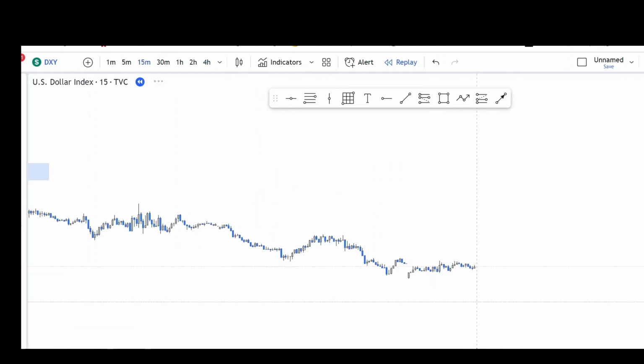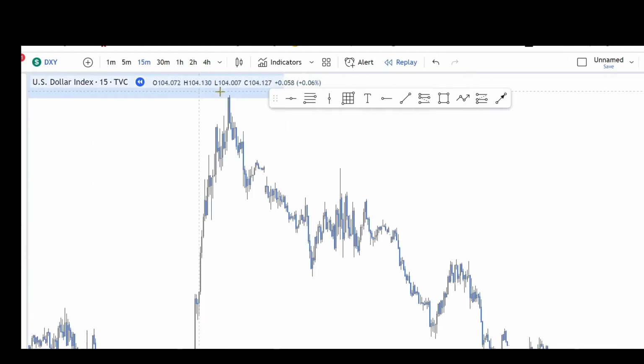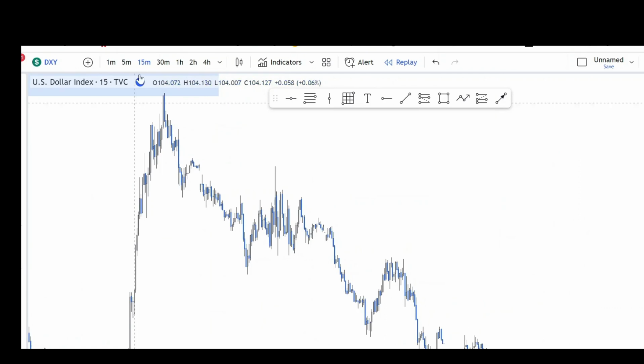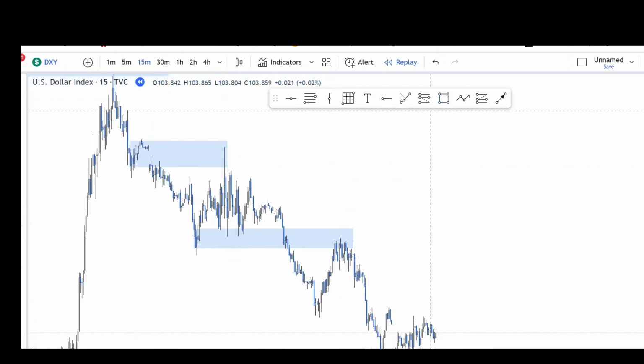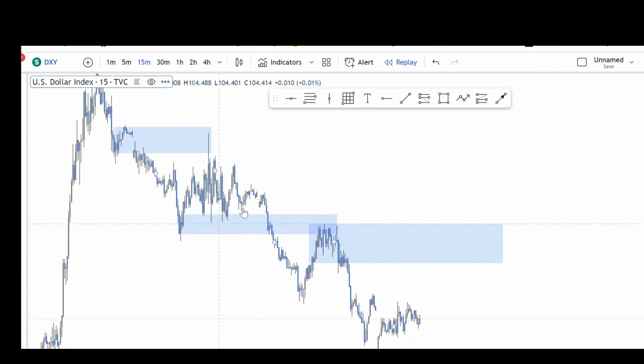Now, going down to the 15-minute time frame, what do we see in just this little zone here? What we see is price has started to weaken down very effectively. You've got a nice little mitigation here, a nice little breaker block being respected here, and it left over this nice little supply zone to mitigate. So these were my initial thoughts. The price is bearish on the DXY, therefore